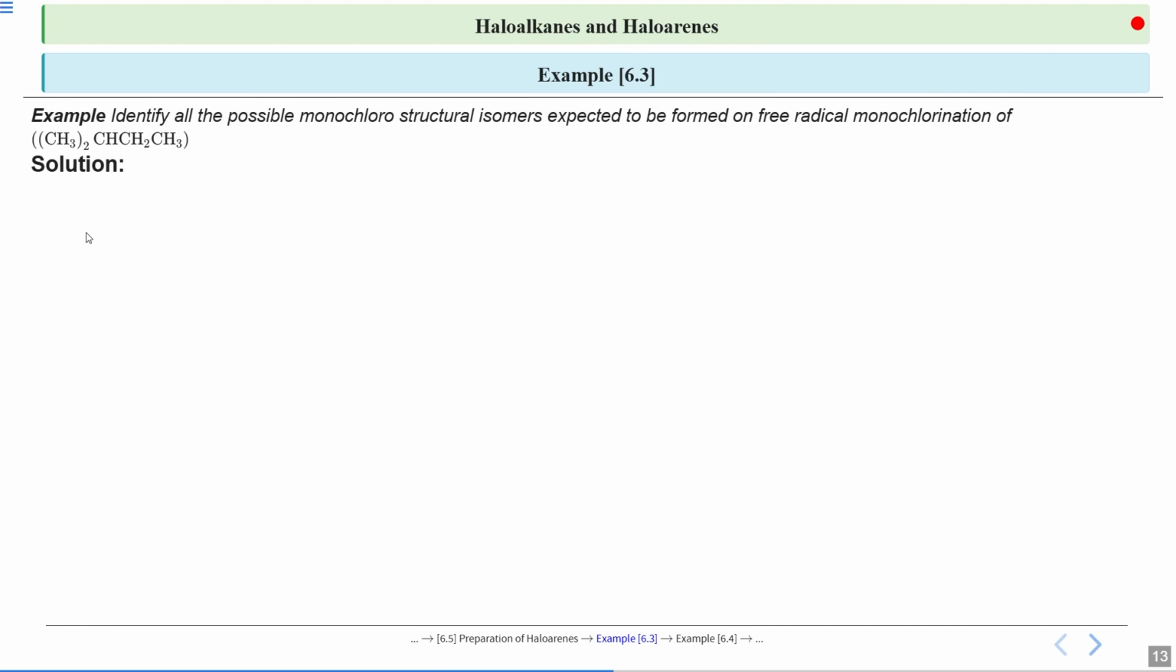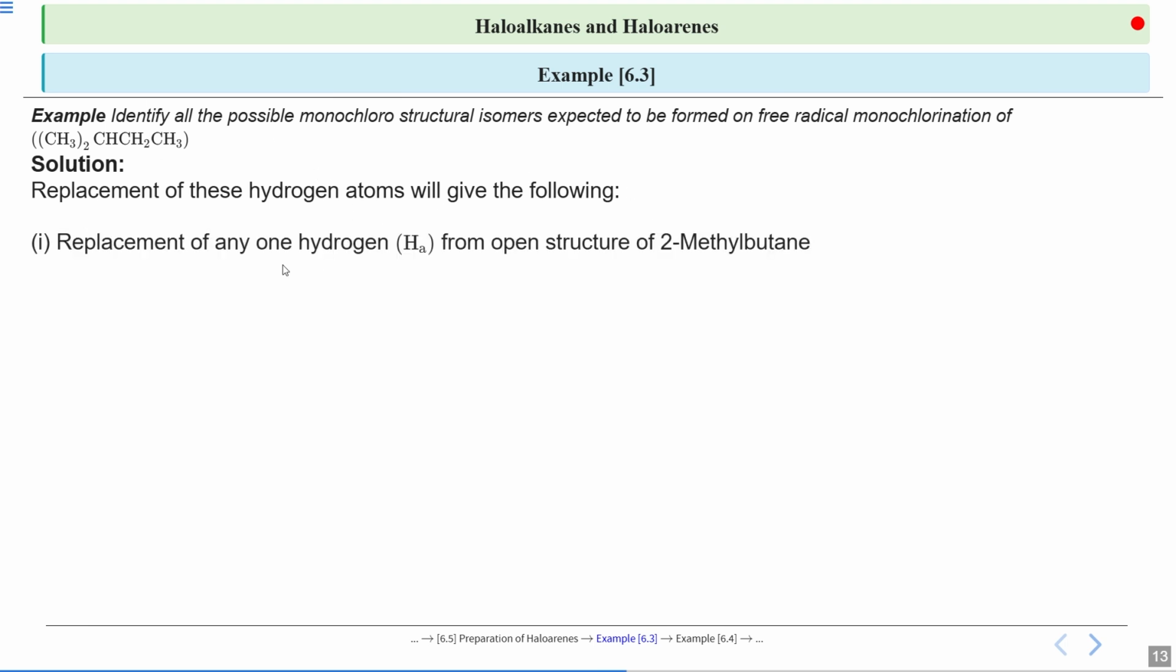The main reason behind the distribution into 4 different types of hydrogen atoms is that replacement of these hydrogen atoms will give different results. If you replace any one of the HA hydrogens from the open structure of 2-methylbutane, HA being on this very 4th carbon, and then react this 2-methylbutane with the chlorine molecule in presence of UV light, you will get